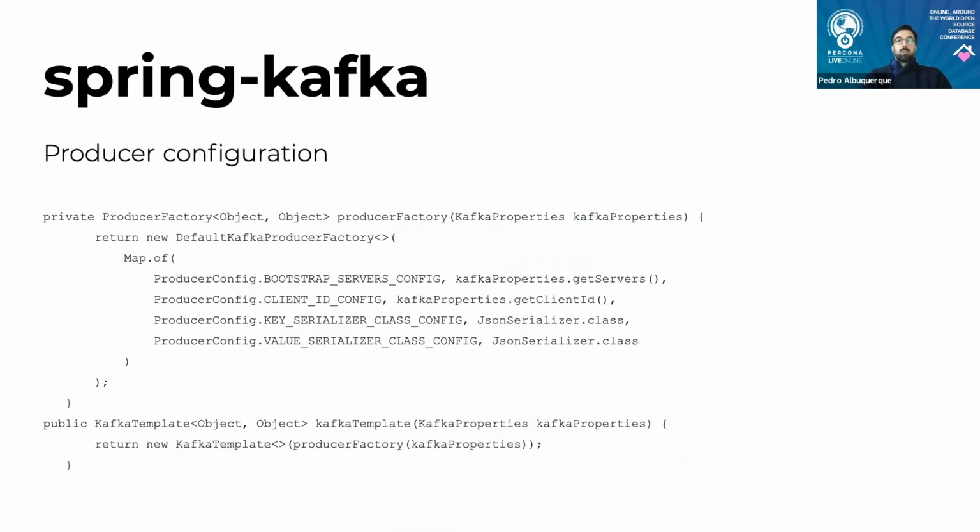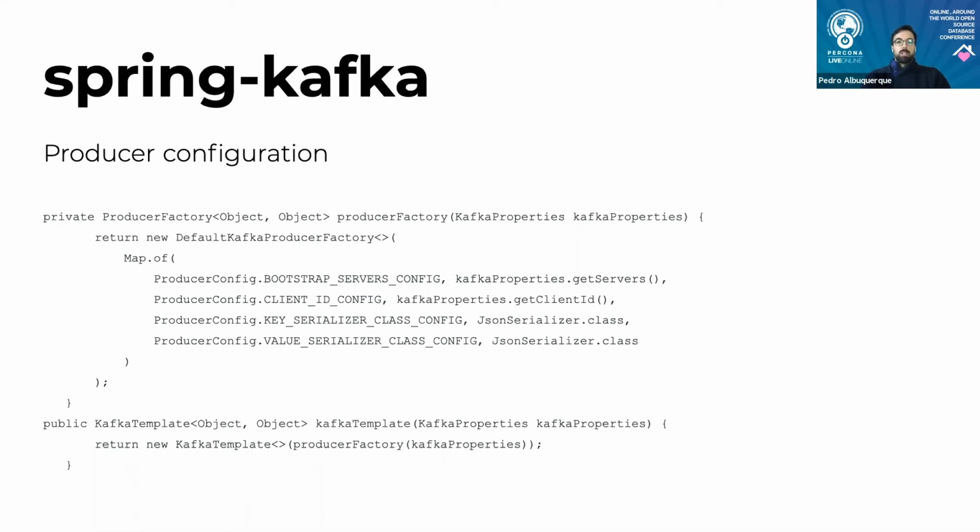Let's look at spring-kafka configuration used for the activity updates flow. This is a sample of a producer configuration that activity service has put in place. To create messages, first we need to configure a producer factory, which sets the strategy for creating Kafka producer instances. Second, we need a Kafka template, which wraps a producer instance and provides convenient methods for sending messages to Kafka topics. In this code snippet, we are configuring for a model two very